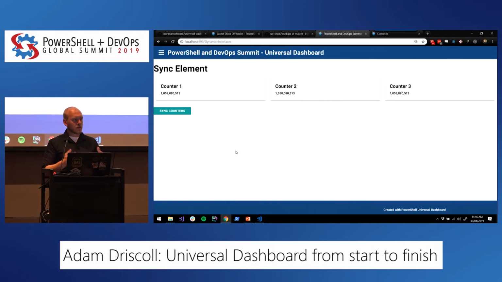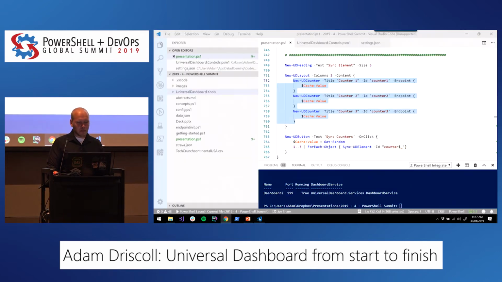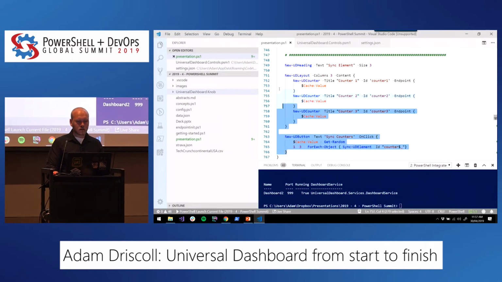In this configuration, I've seen people do this all over the place, and usually it's for filtering. So I have a bunch of filters and a bunch of charts that I want to update all at once when I modify those filters. So you click those filters, you call Sync-UDElement, and then it updates all those controls based on the data that it's getting from the server. So that's one way to simplify some of this stuff. All right, so that's a good segue